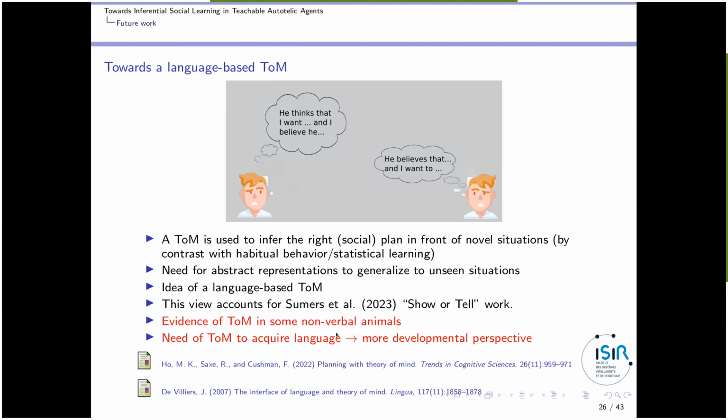The first one is that there is good evidence of theory of mind in non-verbal animals, in a few birds and chimps, etc. The other point, which I find even more interesting in this paper, is that we need a theory of mind to acquire language, but we also need language to acquire a theory of mind. So there is a very interesting developmental process here, and we should not just plug in an existing large language model and use it to have a theory of mind. We should be more interested in how to develop these things together.